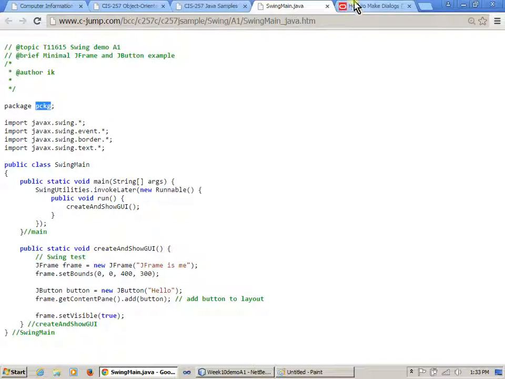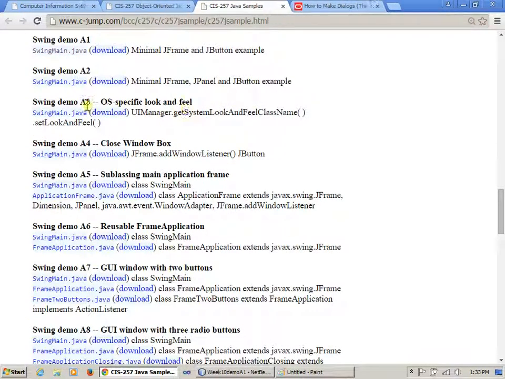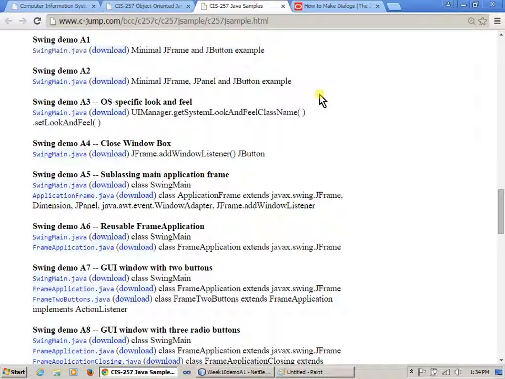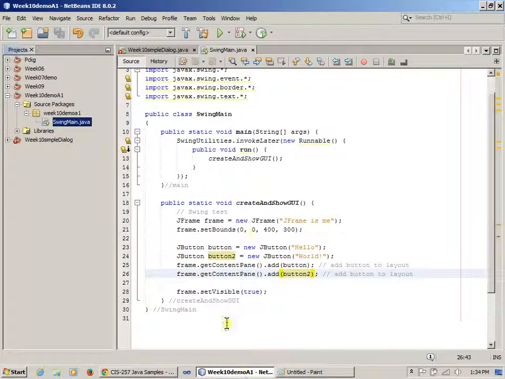Other than that, you can create your project, right-click the download button and say save link as, and save it into your source directory under your package name, and it should all be pretty much runnable. Okay, so this is our first demo, and we have run it more or less successfully, but